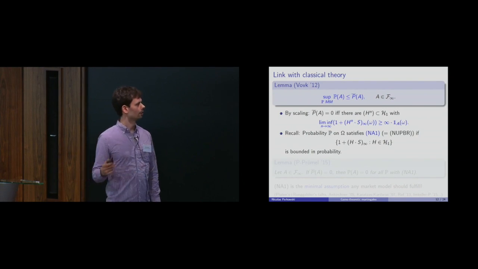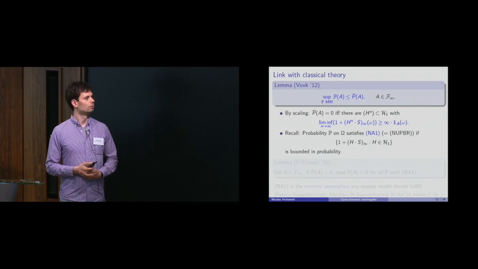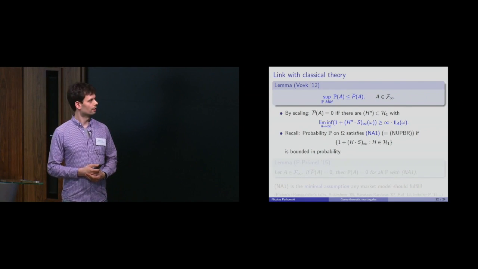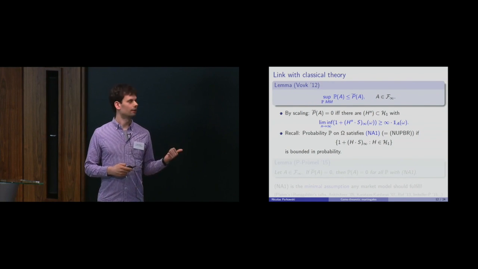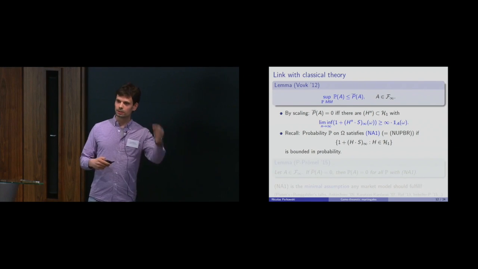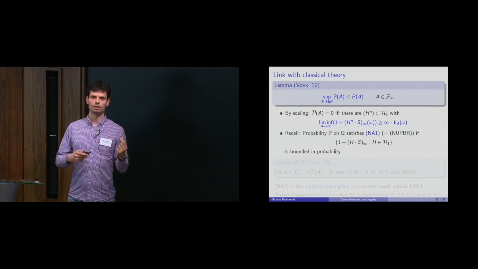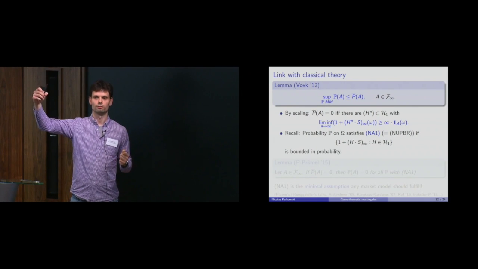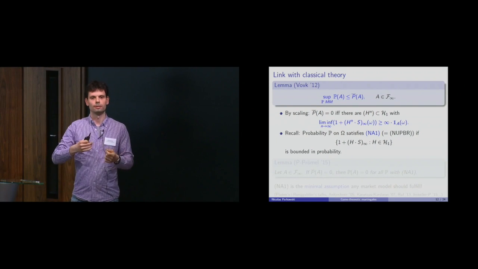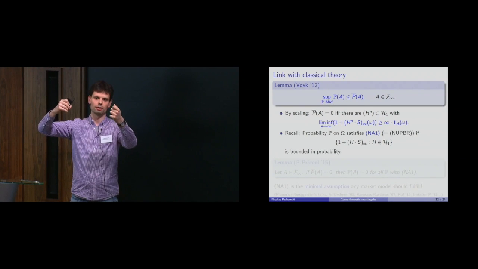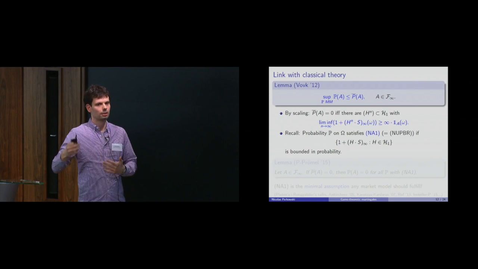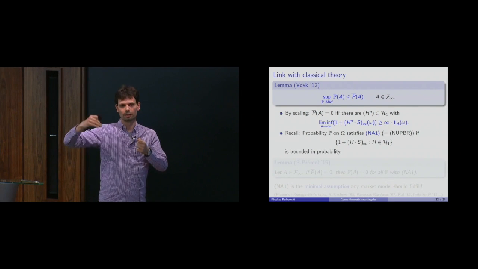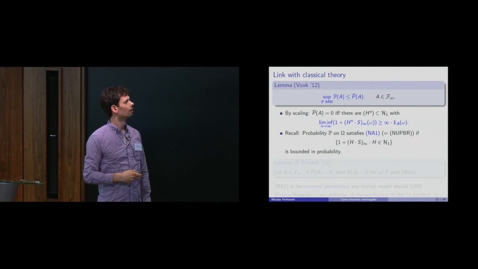Second thing is, and now we get to this NUPBR, no arbitrage of the first kind. Let's say we have a set that has outer measure 0, so where this P bar of A is 0. This means you start from an arbitrarily small epsilon, and on the set A, in the end, you get 1 pound. So you can imagine you scale the thing up. If you start from 1 pound, then in the end, you get basically infinitely much. There's a small gap here. You can get arbitrarily much, and then you still have to see that you can get infinitely much. But indeed you can.